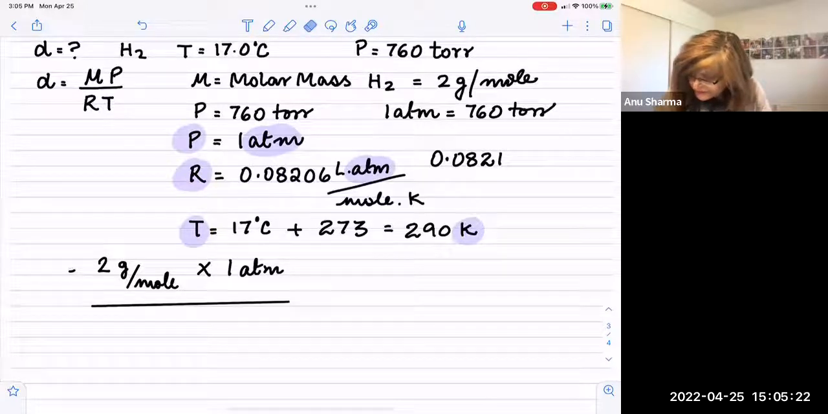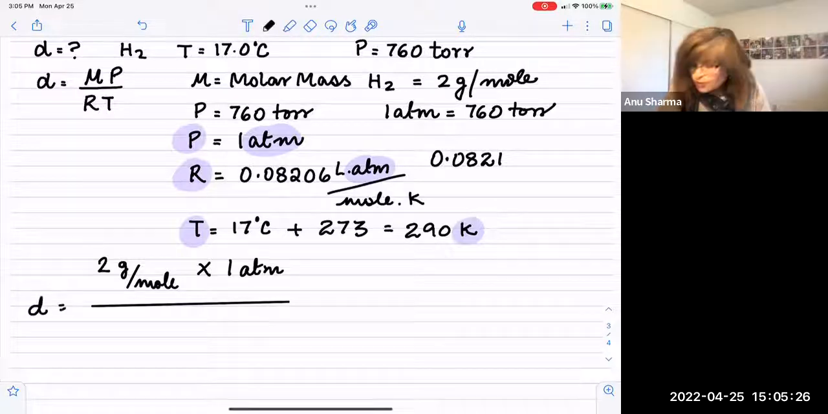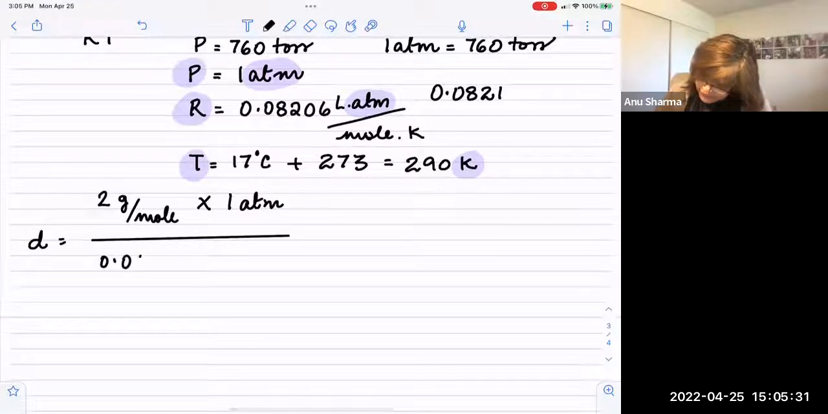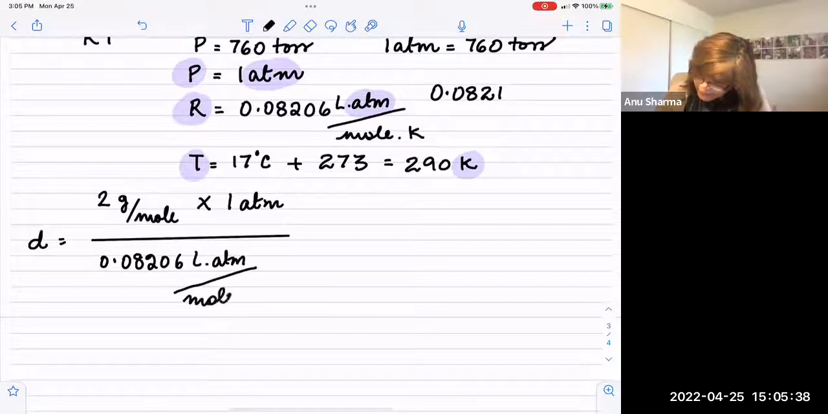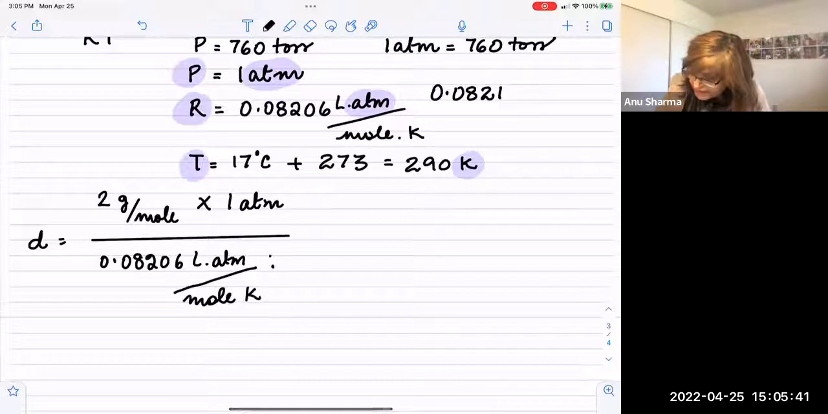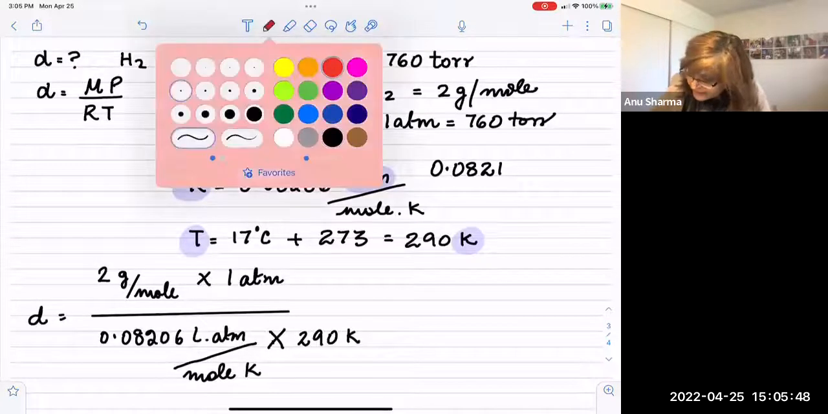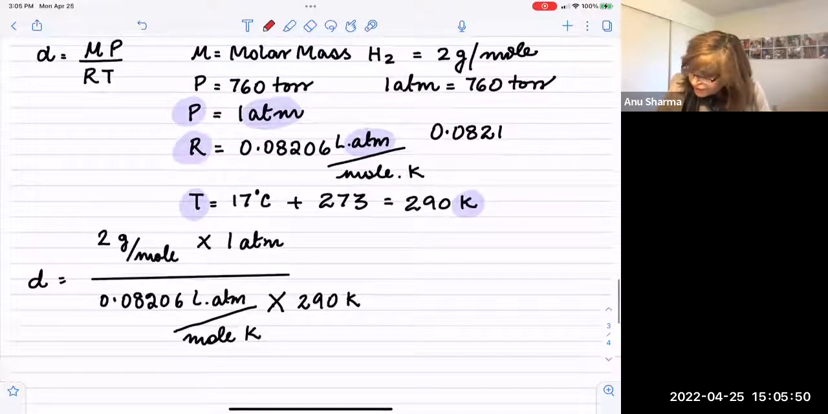and let's do this here a little bit. Sorry, D is equal to this. The value of R is 0.08206 liters times atm per mole K, multiplied by 290 K. That's the temperature. When you look at this, the units cancel out. The atm and atm cancel out, K and K cancel out,